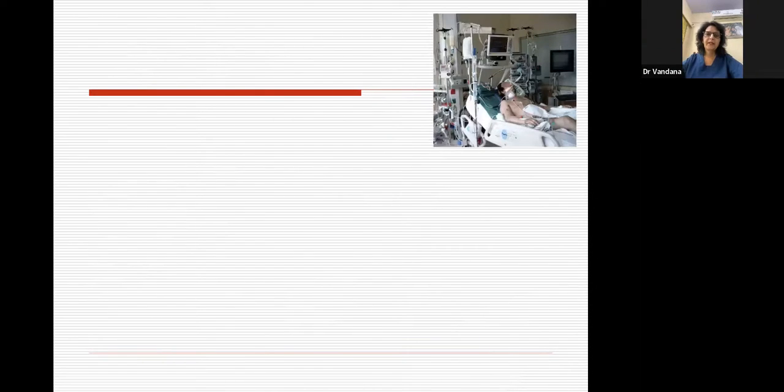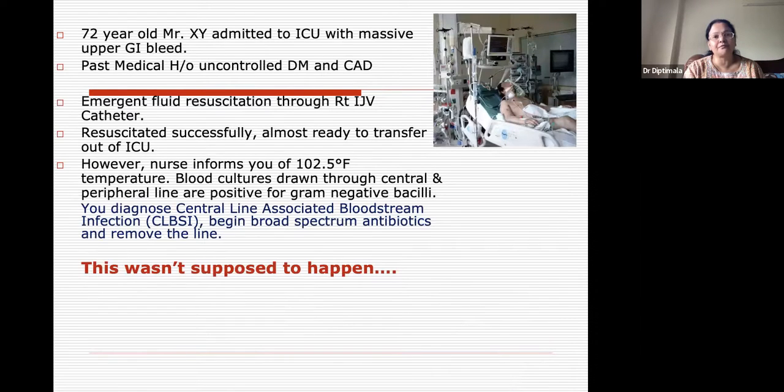So I'll begin with the case. This is a 72-year-old male, Mr. XY, admitted to intensive care unit with history of upper GI bleed, past medical history of uncontrolled diabetes and CAD. After the emergent fluid resuscitation through the right internal jugular vein catheter and successful resuscitation and management, when the